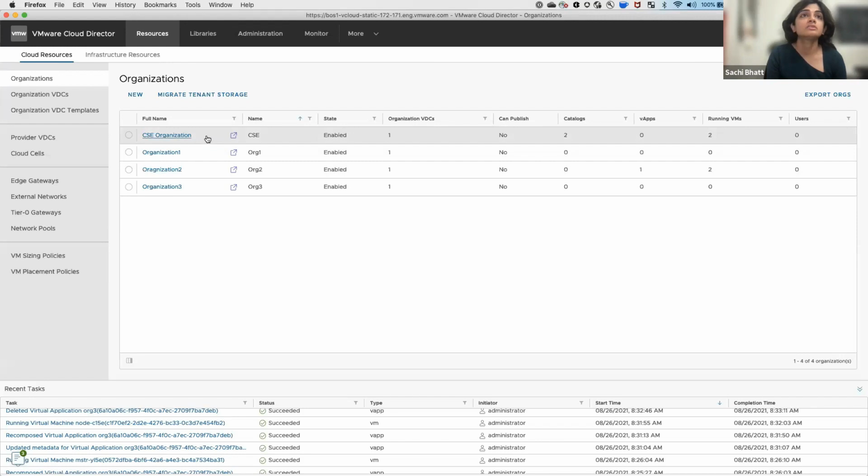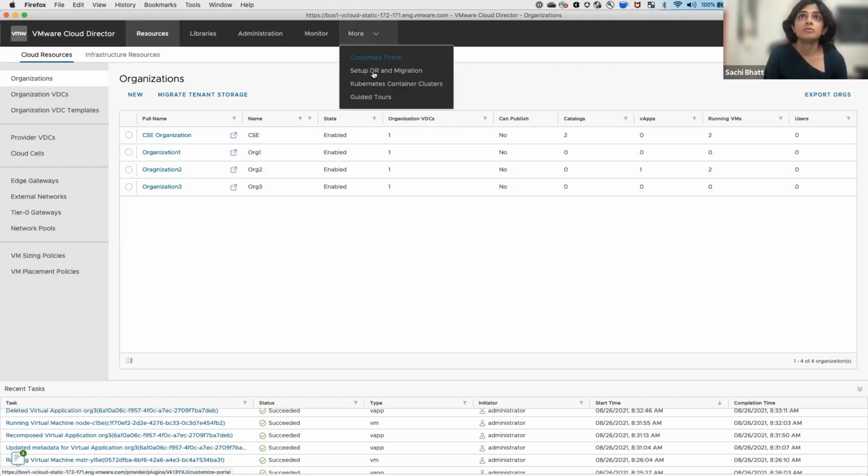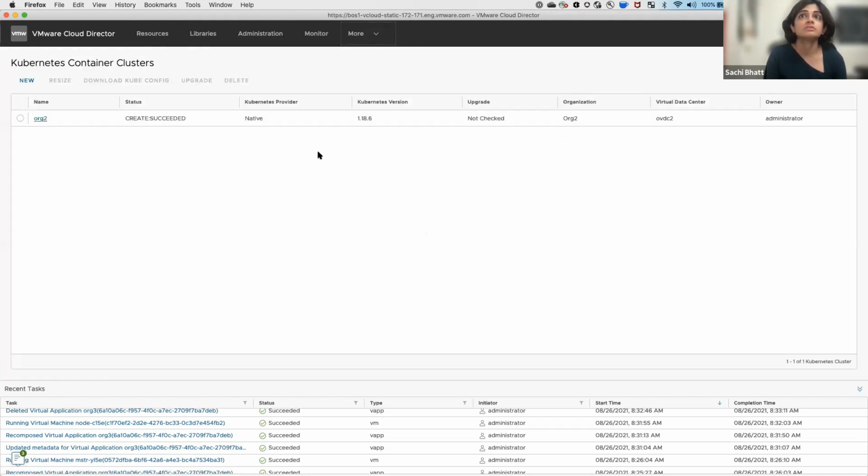My container service extension is installed, and I have 3 customer organizations. As a provider administrator, I can see all the Kubernetes clusters deployed by all the customer organizations. Right now, I have 1 cluster from organization 2.